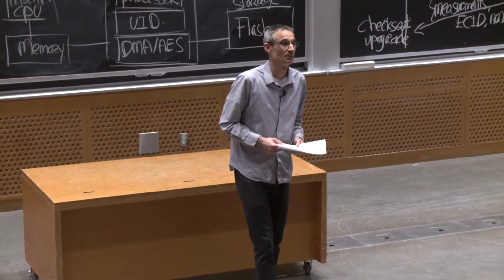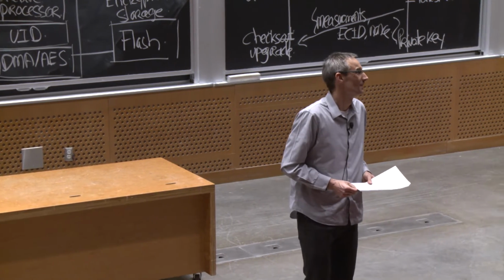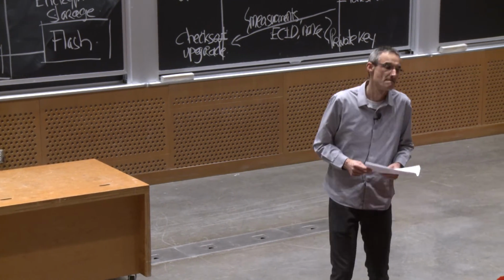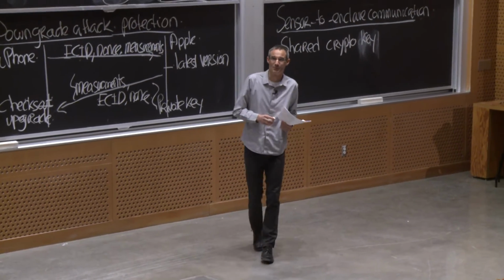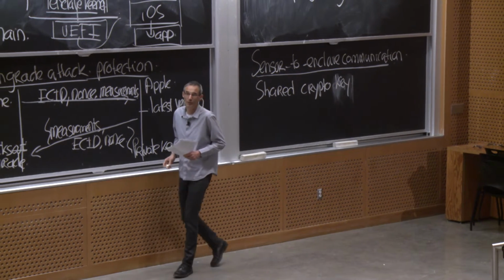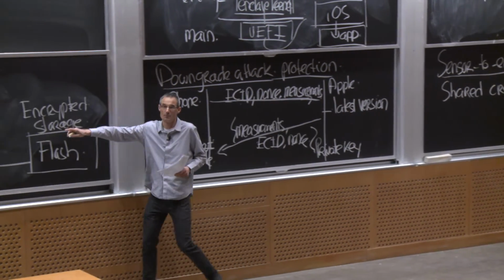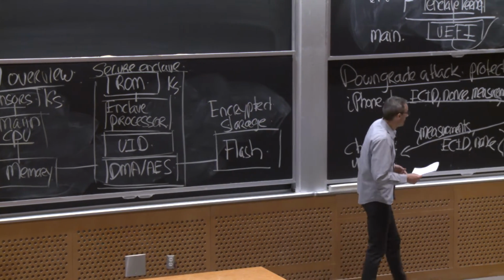Often the students in the class know more about particular things than I do. So no, I don't. I'm unaware that it is actually possible to easily get around the guessing limits that are enforced by the enclave processor. Okay,